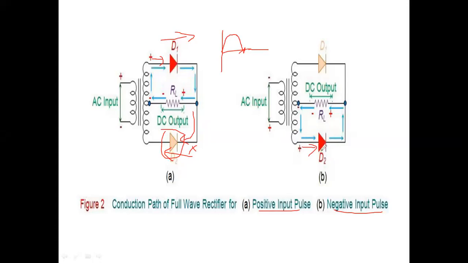Will this diode 2 conduct or block the current? Conduct. So diode D2 will conduct the current and it will flow through the load resistance. Some current will flow here again, but diode D1 will block this current, acting as an open circuit here now. So all the current will flow through the load resistance. Across the load, what are we going to get? We are going to get DC output, because the input is AC, but the output will become DC.